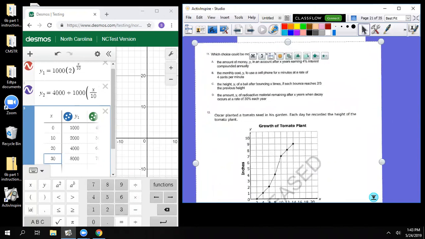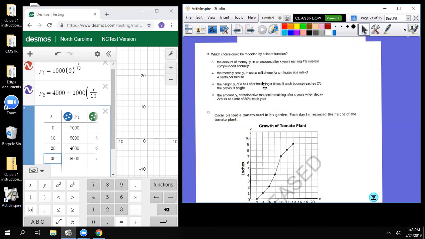All right, so it says, which choice could be modeled by a linear function? A, the amount of money Y in an account after X years earning 4% interest compounded annually. B, the monthly cost Y to use a cell phone for X minutes at a rate of 4 cents per minute. C, the height Y of the ball after bouncing X times if each bounce reaches 2/3 the previous height. D, the amount Y of radioactive material remaining after X years when decay occurs at a rate of 30% each year. All right, well, first of all, I'm going to be looking for things that exclude it being